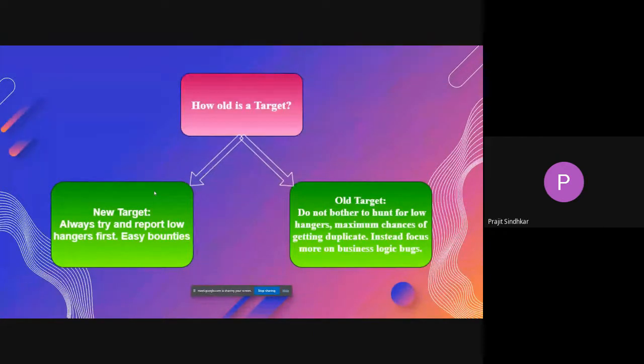Now for Bugcrowd or HackerOne, we generally know if the target is old or new, because the date on which the program has started is given. But how to look on the VDPs, etc.? In that case, there are some policies where they keep a last-updated date, and from that also you can know if it is new or old. And if it is not given, just follow whatever steps you are following. No need to change that, since you don't know how old the target is.